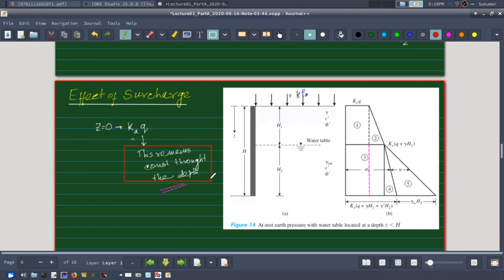This thing remains constant throughout the depth. This is important. Next